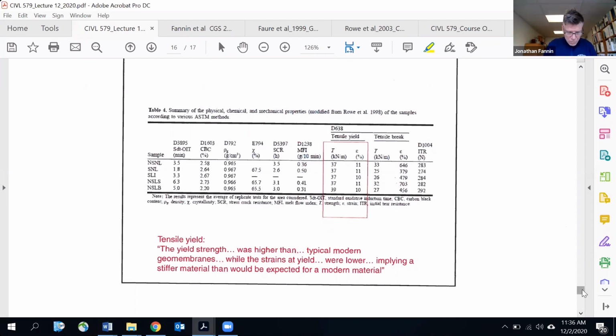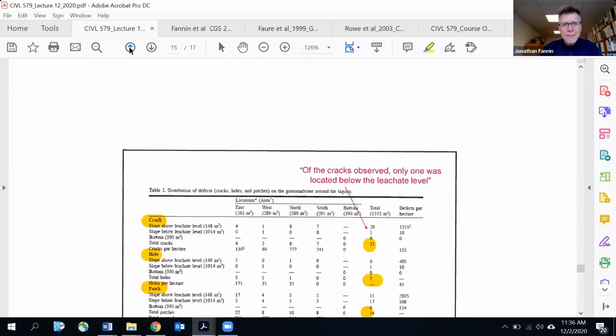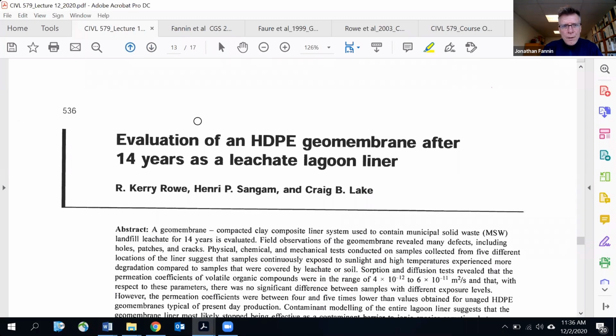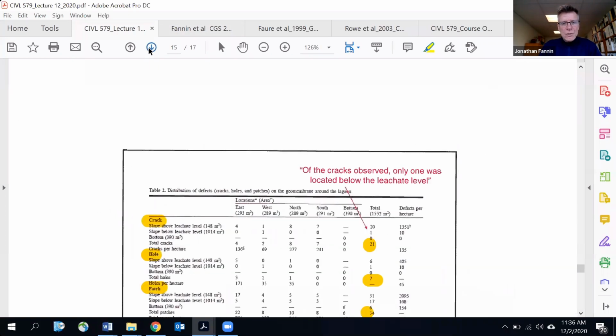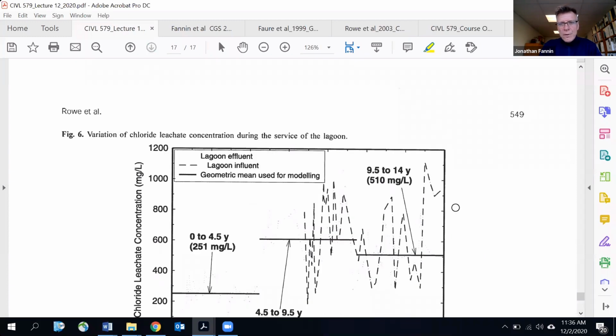if we go back, I don't know if I made this comment. Let me go back to the abstract. We don't have to go that far back to get to the abstract. The geomembrane is a geomembrane against a compacted clay. It's a composite liner. If you remember back to our previous lecture, it's a geomembrane placed in direct contact with an underlying compacted clay. And in their paper, they look at the geochemistry of the compacted clay. Now, if we go forwards, we've only looked at the geomembrane and its durability. Now if we go forwards,